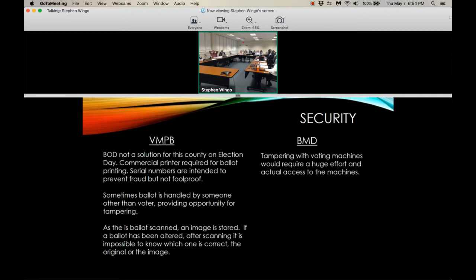Okay, security. Ballot on demand is not an option for this county on election day, so commercial printers are required for ballot printing. Serial numbers are intended to prevent fraud, but they aren't foolproof. With voter marked paper ballots, sometimes the ballot is handled by somebody other than the voter, which does provide opportunity for